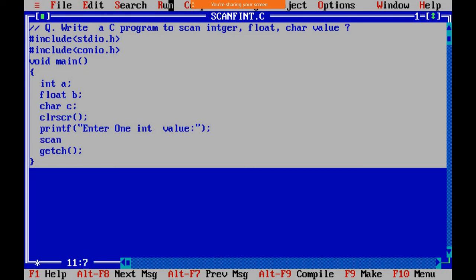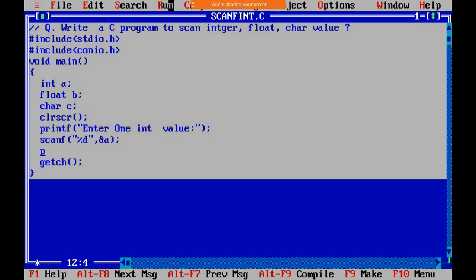See, enter one int value. So we'll write scanf for that. The value will be stored in the address of the variable name. The variable name is a. Similarly, we need to write a printf for another fractional value.